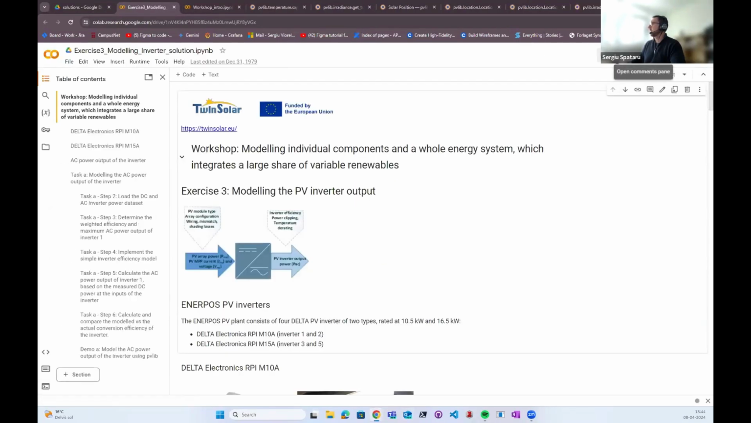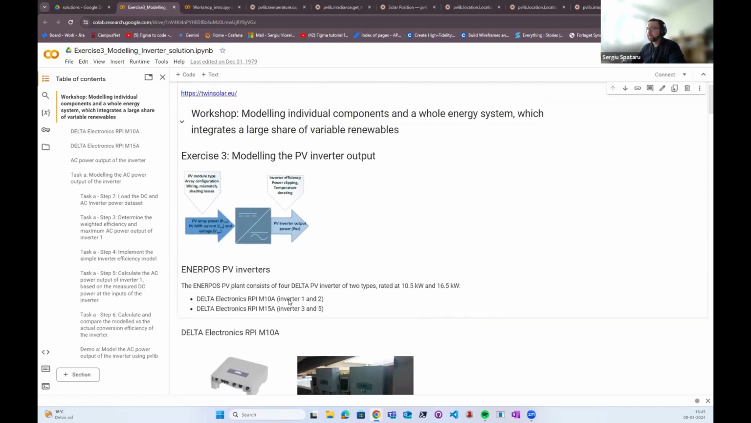Okay. So we've modeled the array, the power output of the PV array. Now we need to model the power output of the inverter. So the power output of the inverter is not exactly the same as the power of the PV panels. That is because there are losses occurring